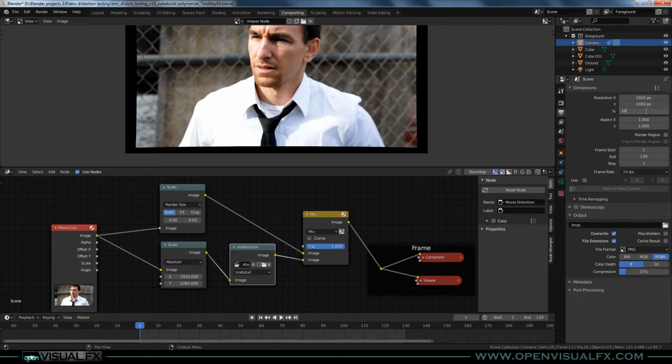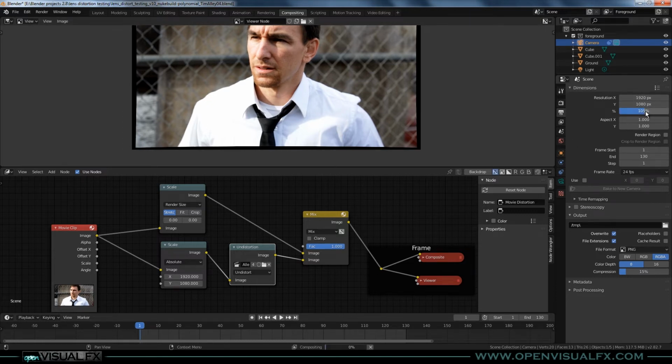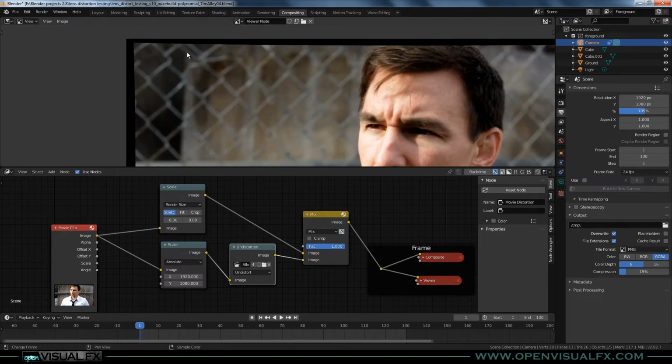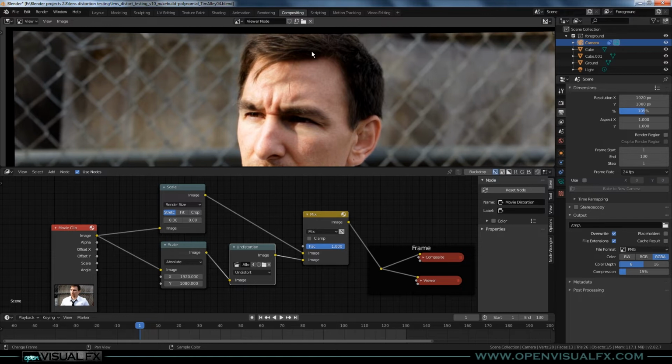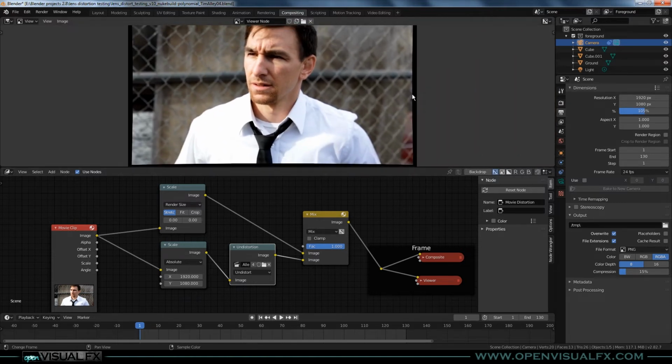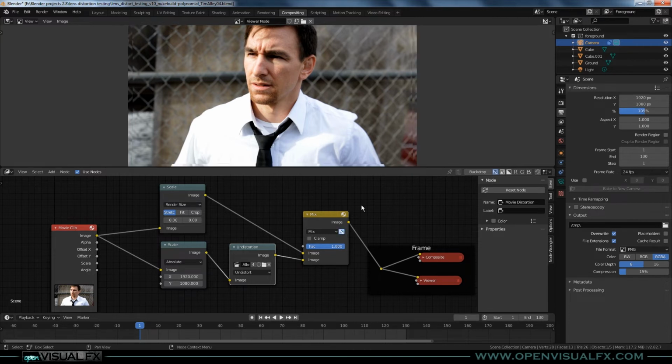So I'm going to go down to 105, and if you just change frames and come back, you can see that's a little bit better. We don't want to go too big. You don't want to have too much empty space in there, just for file sizes and stuff. So that looks great. If for some reason you're seeing the image through it and you don't want to see that,